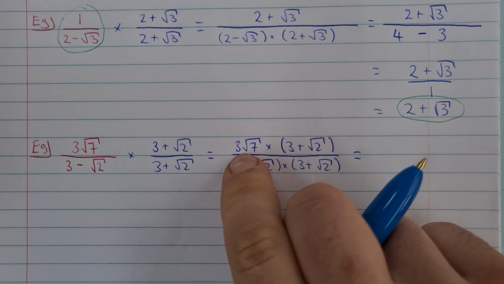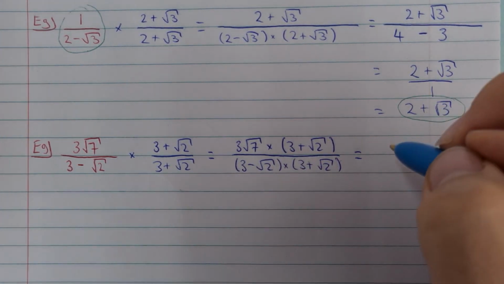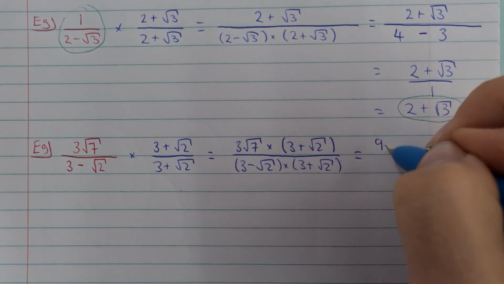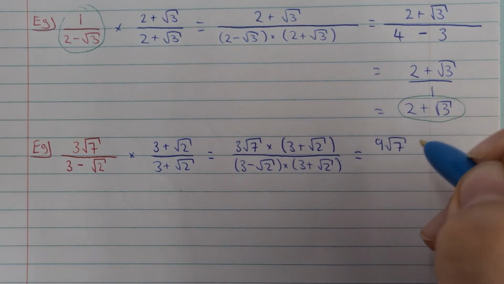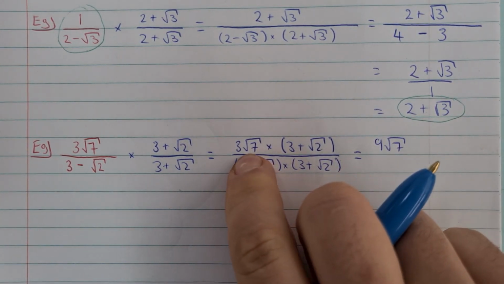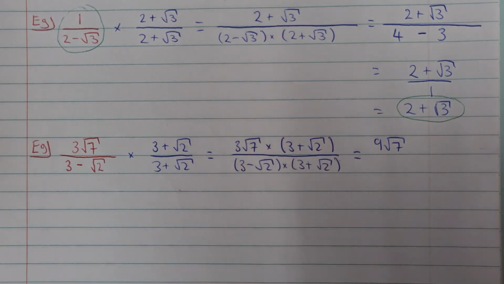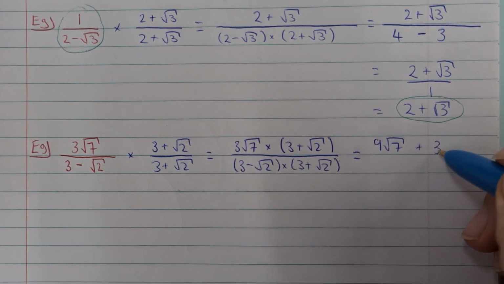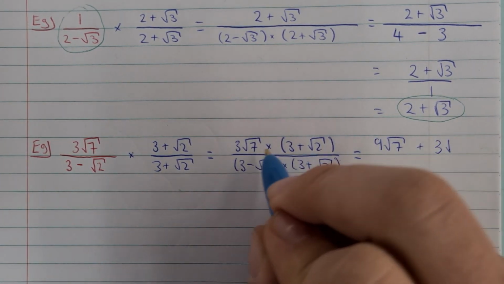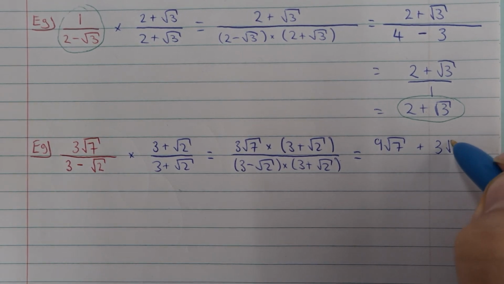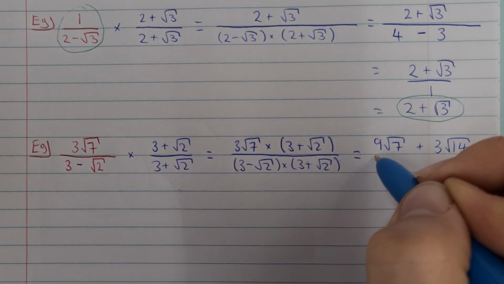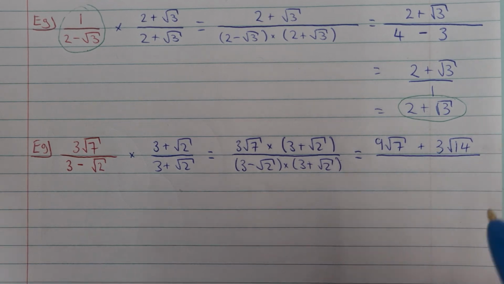We've got 3 root 7. We need to multiply that by 3, so that would be 9 root 7. Then we've got 3 root 7 multiplied by positive root 2. So we end up with 3 root 2 times 7, which is 14. So 3 root 14. That's going to be all over